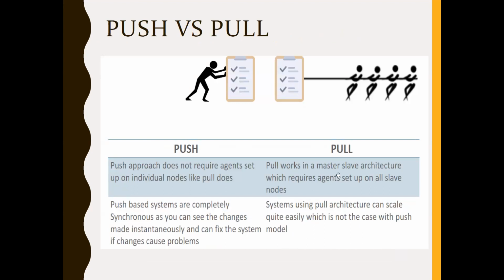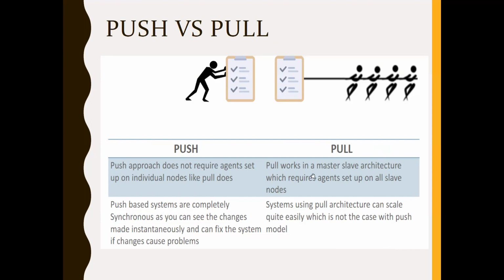And what is a push? See, there are also configuration management tools which use pull architecture. Pull means on the target machines, we have to install the software, like the client or agent software. They will pull the configurations from the master. That's what pull configuration is. Tools like Puppet and Chef use pull configurations, right? So push means, like I said, the controller machine will push the changes, whereas here the target machines will pull them.